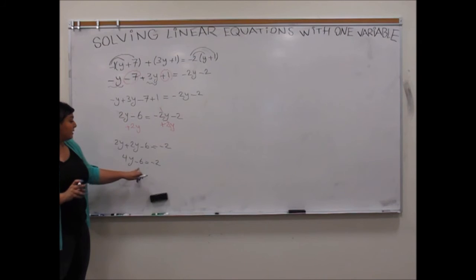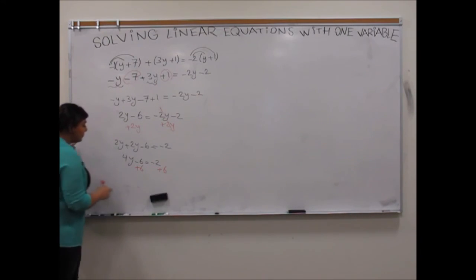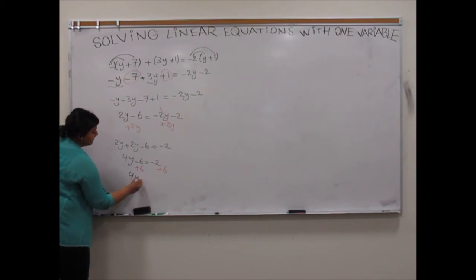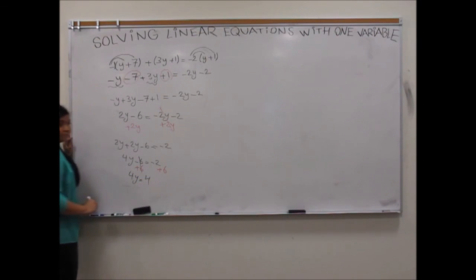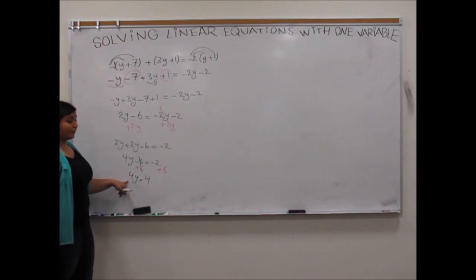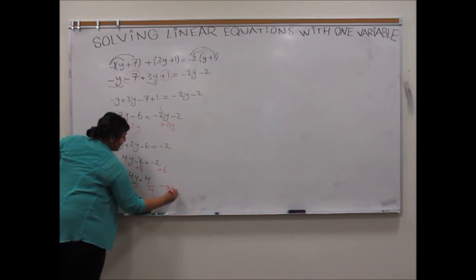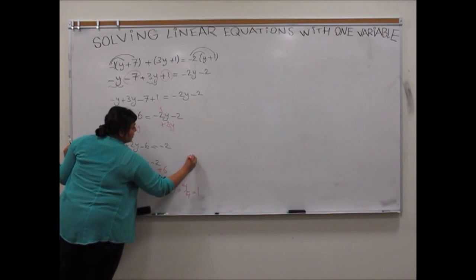So now I have to get rid of this negative 6, so I'm going to add positive 6 to both sides. So now I have 4y, right, equals 4. So here, in order to get rid of this 4 that is attached to this y, I have to divide both sides by 4. So I'm going to get y equals 4 over 4, which is just 1. So y equals